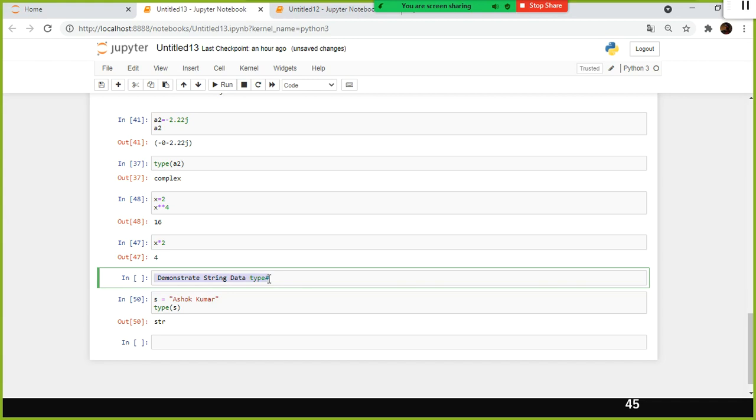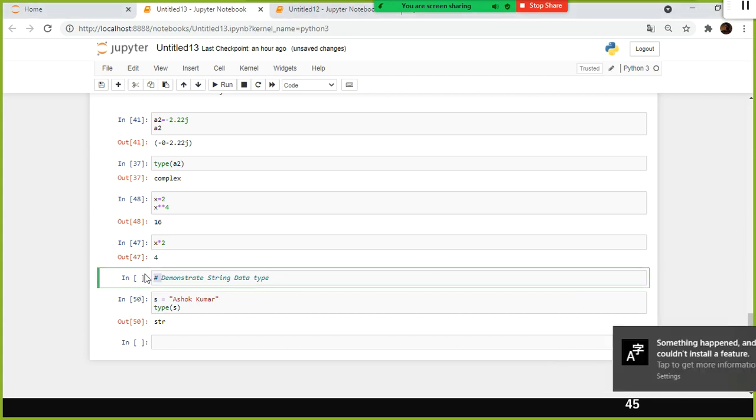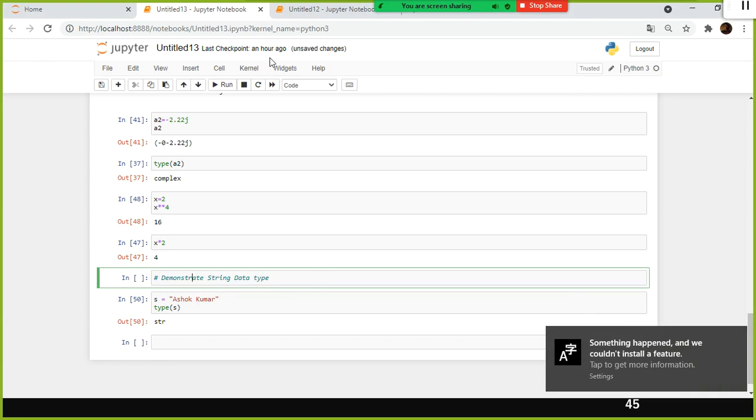It will simply ignore this line. So how do we define a single line comment? Anything you specify after a hash will be considered a comment.